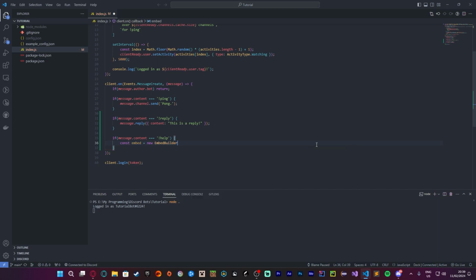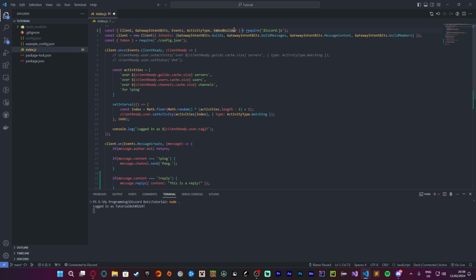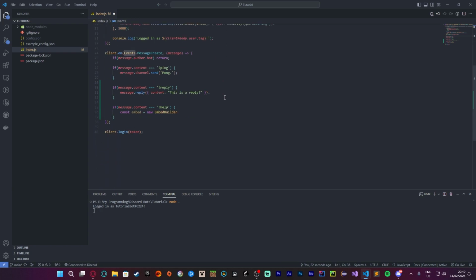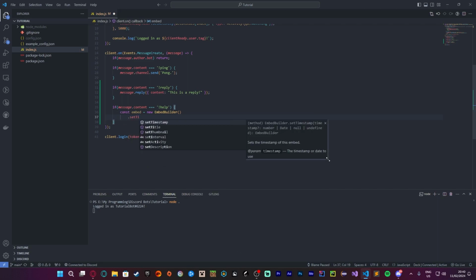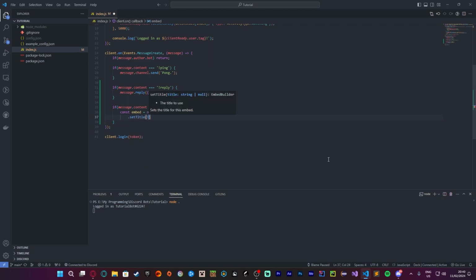If it doesn't, you may have to go up here. It's already imported it for me, but you may have to go up here, put EmbedBuilder in your require section, and it should pop up. We're going to put brackets around it. Now I'm going to do this on a new line so it's readable, but you can do this all on one line. Now we're going to do .setTitle. We're going to set the title to help,